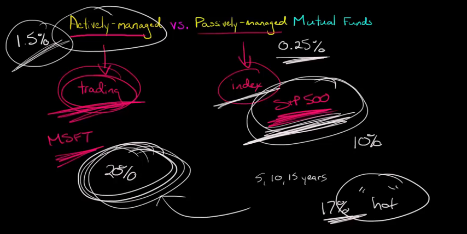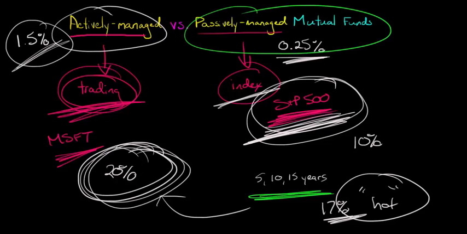So obviously we want to look at past returns, but you really want to bear in mind that you want to look at the long haul. You want to look at 5, 10, 15 years, how these funds are doing, and just bear in mind that most of the time you end up with a better return with just a passively managed mutual fund or an index fund, although occasionally you could end up in that 20% where you